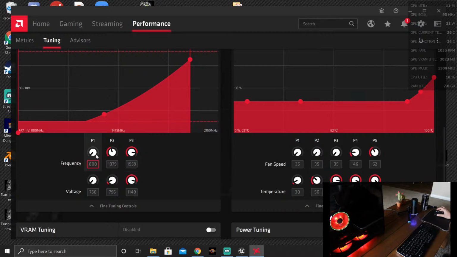But as you can see, there are different phases and different voltages for those respective phases. So what can happen is, even though the maximum voltage that you set would work, if you're doing an offset, let's say I was reducing it by 100 millivolts, so I'd reduce this by 100 to 1049, this by 100 to 696, and this by 100 to 650. The problem is, even if that works at the maximum, those reduced voltage offsets may not be enough for the other phases. And I would say Ryzen, or AMD, is rather conservative in that respect, that even when your CPU is barely doing anything at all, it still will run up to whatever the max voltage setting is, which is why